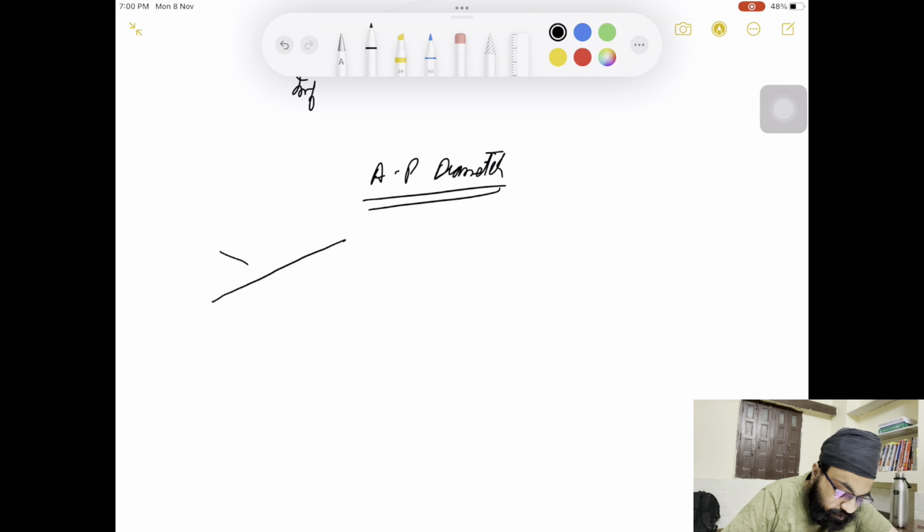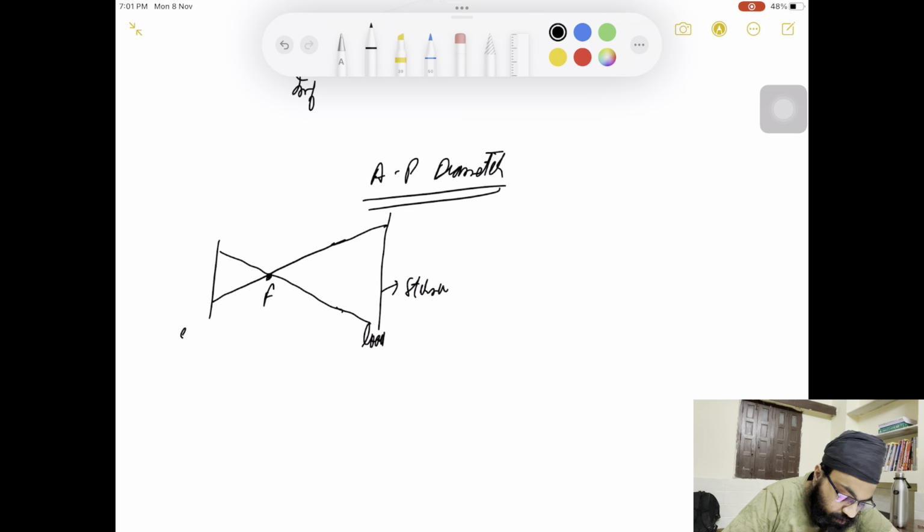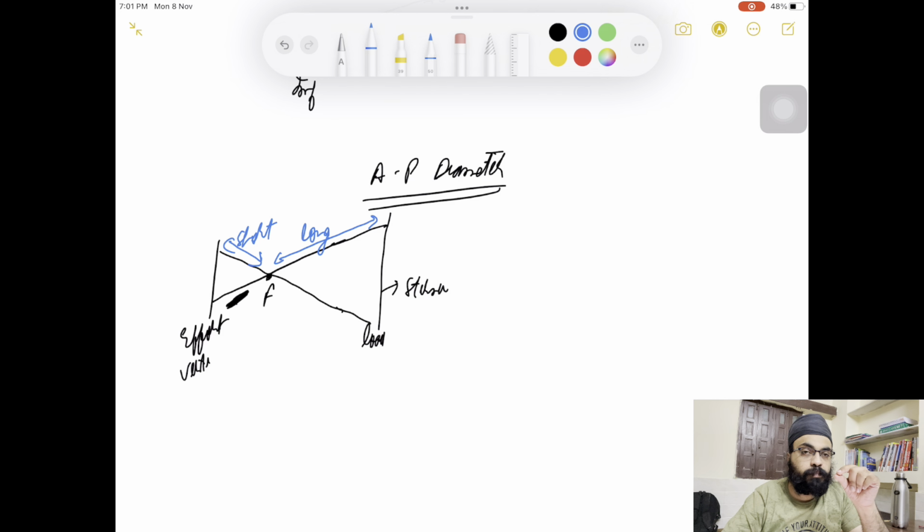For this anterior posterior diameter, you have to take the ribs as a lever that you used to study in physics, with its fulcrum at center, load as sternum, because ribs are anteriorly attached with sternum, and effort as the vertebrae, or you can also take it as the posterior arm. So over here you can easily see that the anterior arm is longer with respect to the posterior arm. So small amount of movement on the posterior arm will cause huge amount of movement on the anterior arm. That's the concept behind this.